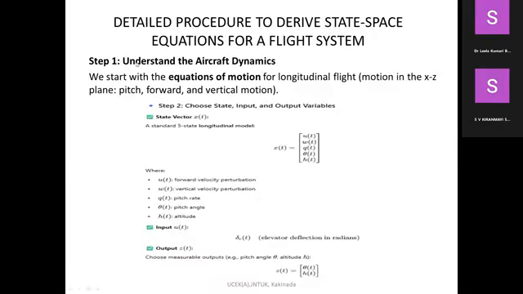So, participants, you can try this one, understand the aircraft dynamics. So you can try generating the state space modeling for this one. So here, if you observe for the aircraft dynamics, the states used here are u(t), w(t), like forward velocity perturbation and vertical velocity perturbation, and pitch rate, pitch angle, altitude. So these are the states, and so the number of states even